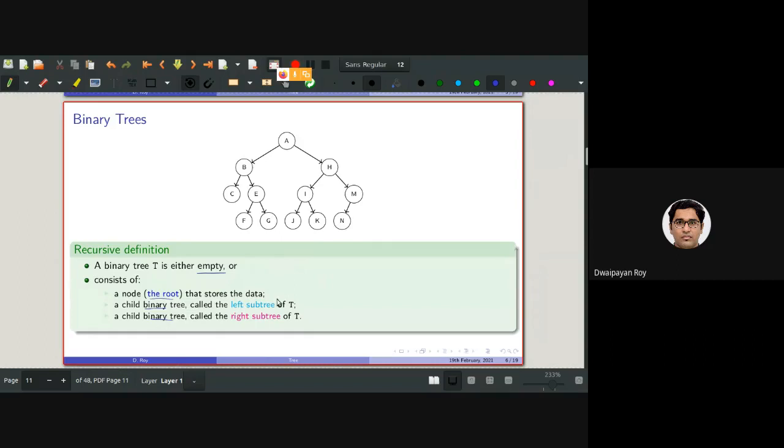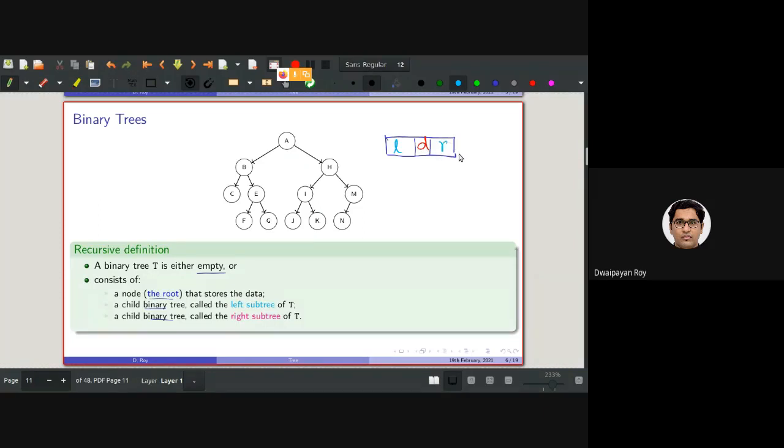So for the time being, let's draw one node here. A node, I am referring to, say, a doubly linked list. For the time being, let's do that. So let's consider this is the data part D, and say this is the left child and this is the right child.